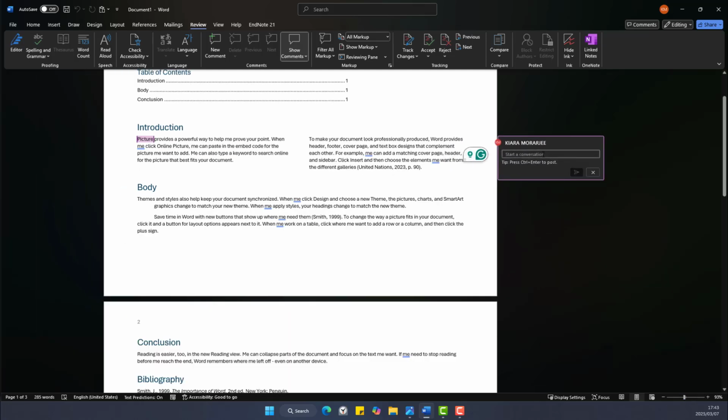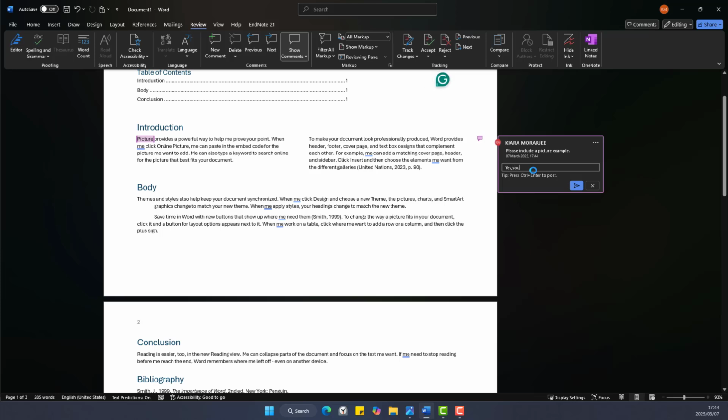So then on the side of the page, I will see that because I'm logged in, it gives the name of the person. And now I can start typing a comment. So maybe I can say, please include a picture example. Because maybe I am trying to tell my team member that how we can improve this is they need to include a picture example, and I can click that button to send the comment. And then if my team member sees this, they could click here to reply. So they could say,